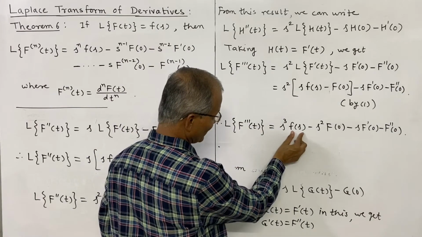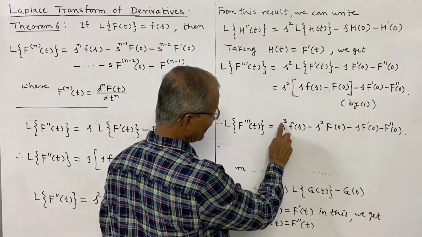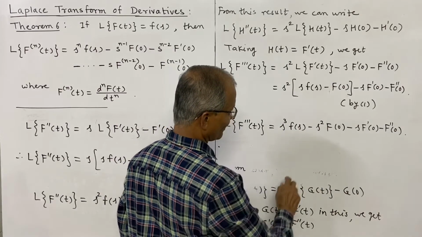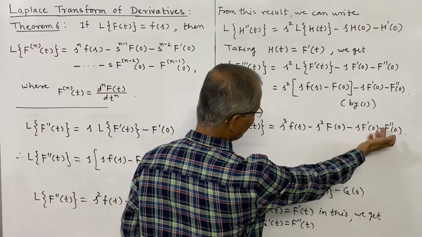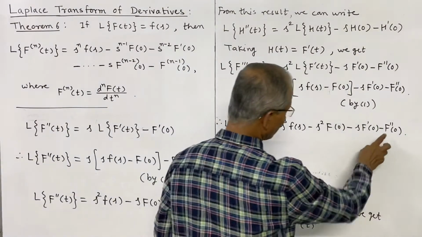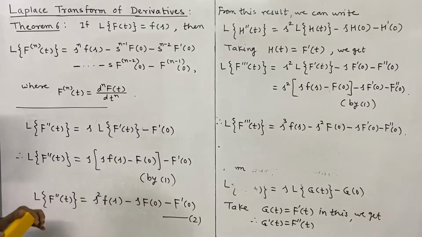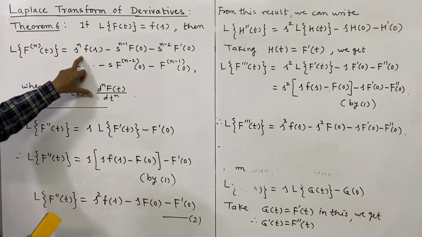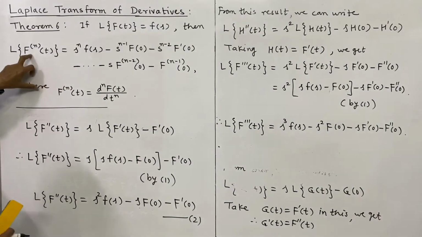Then this is fixed as small f of s, and then the power of s decreases by 1. This is s square, then s, and last is no power of s, that is s power 0 is 1. So the last term does not contain s, and that means in decreasing order, and thus in general we shall get the result by taking the nth derivative of f, and its Laplace transform of the nth derivative of